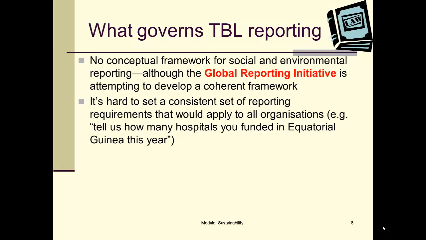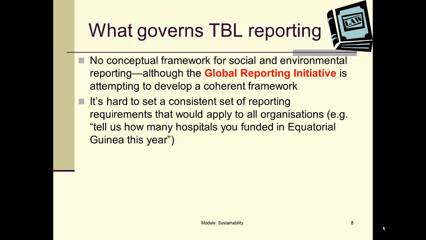So we've got this thing called triple bottom line reporting. I've been a little bit vague about where it comes from. Well, where does it come from? It's a concept from the theory books. The reason that's pretty useless is because anybody can interpret triple bottom line a different way. Now, if an organisation is genuine, it will report its impact on society, on the environment, and its economic impact as completely and transparently as it can.